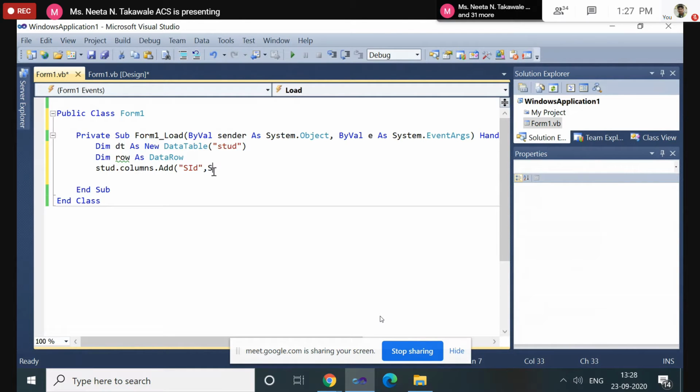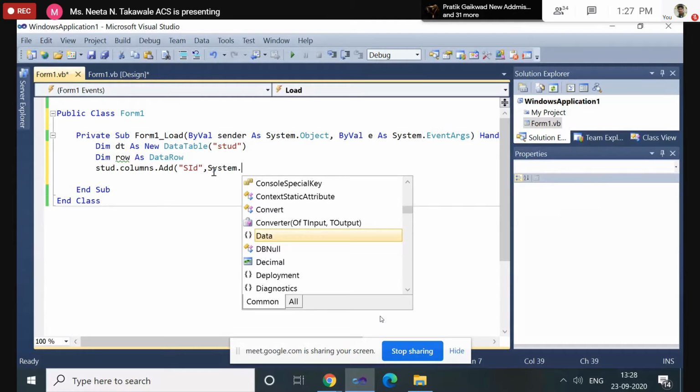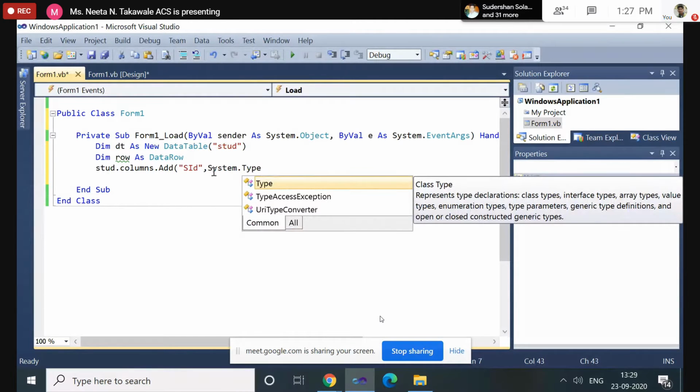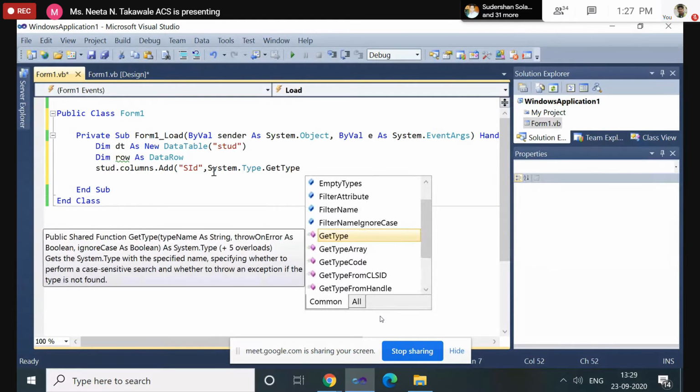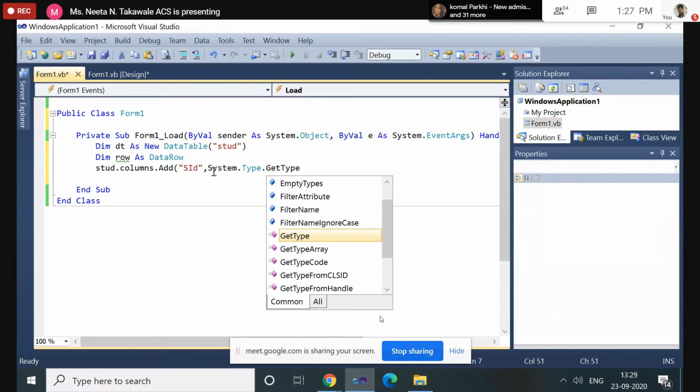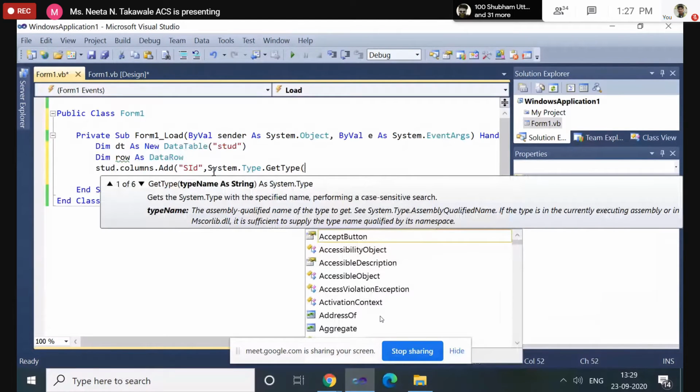Using the class Type dot GetType. In bracket you have to specify which data type.